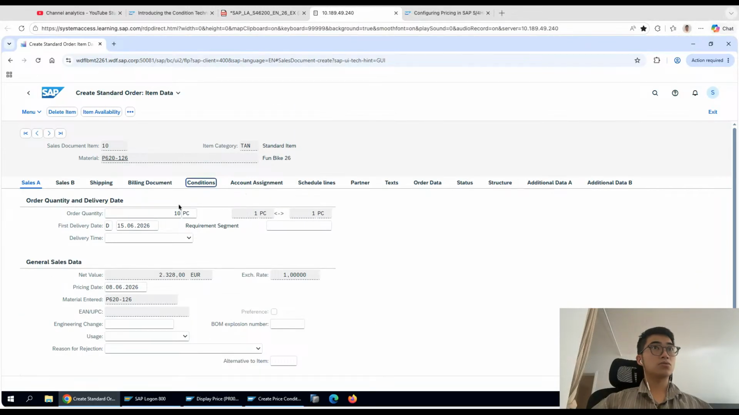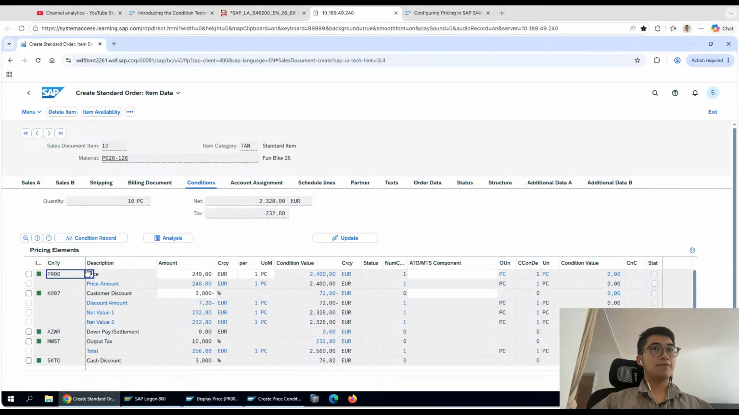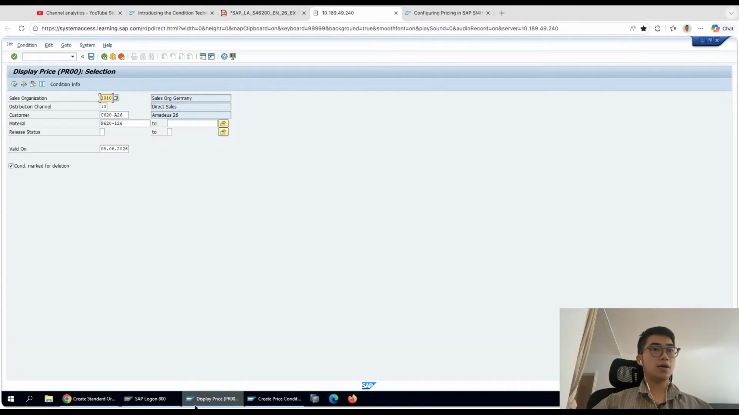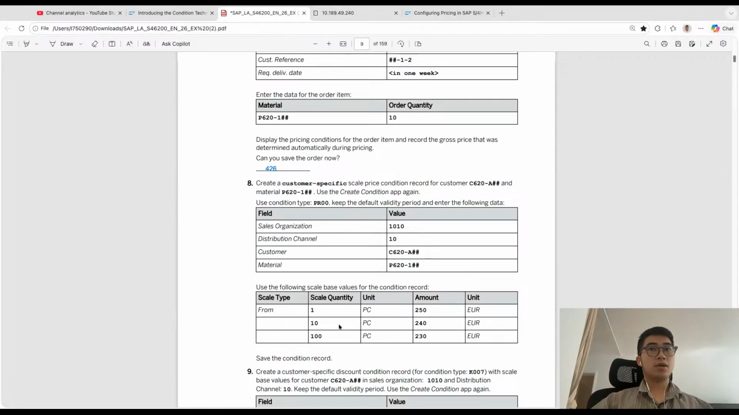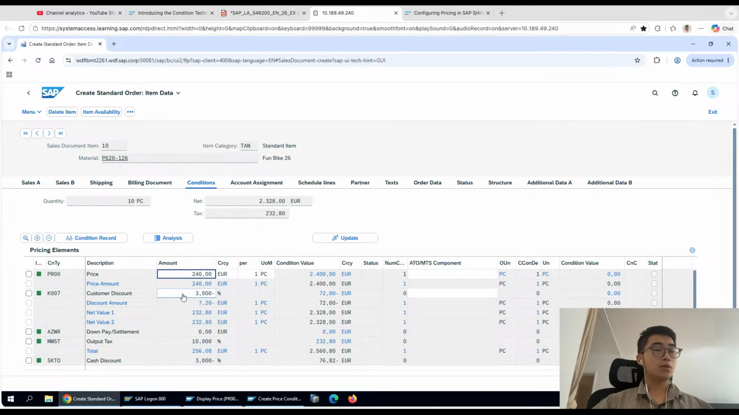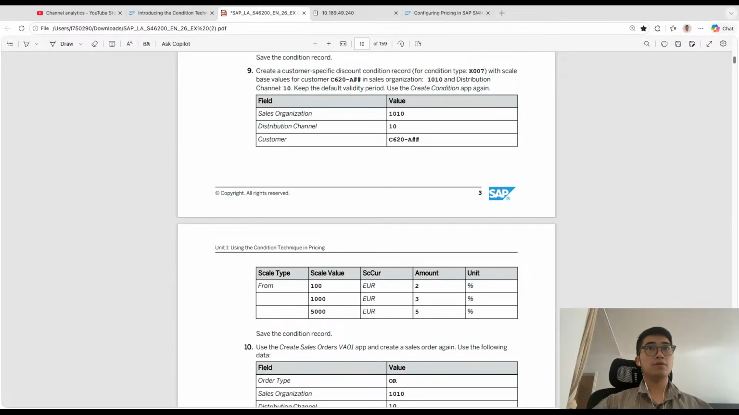So if I now go to the conditions of the item level, you can see here, I have 420 euros per pieces. Why is that? I think because of the scale that we have created earlier. From 10 pieces, we will have the buy good cost 420 instead of 250. And we have a customer discount of 3%. It also based on the net value of the